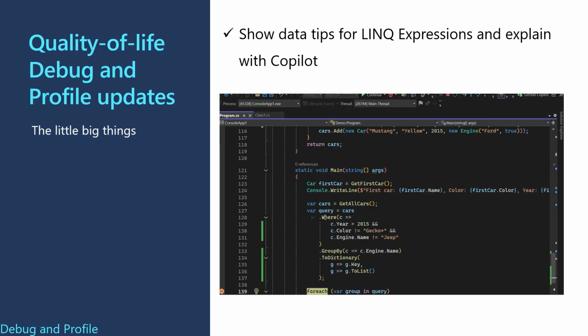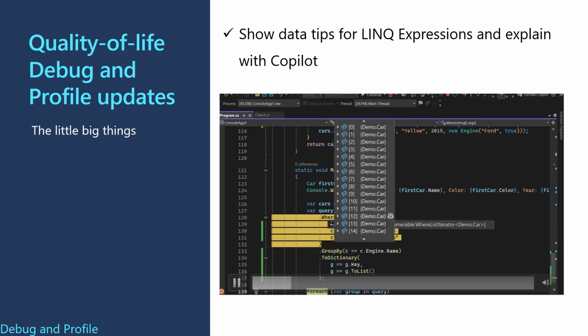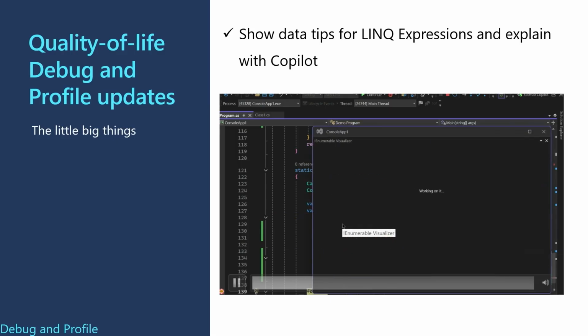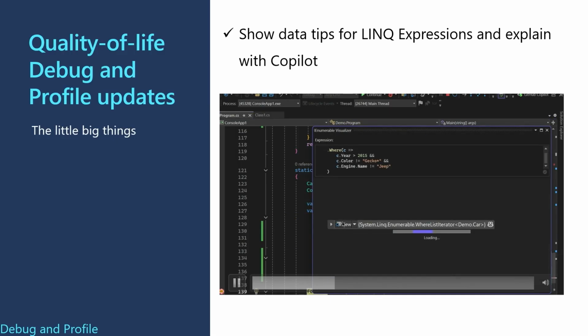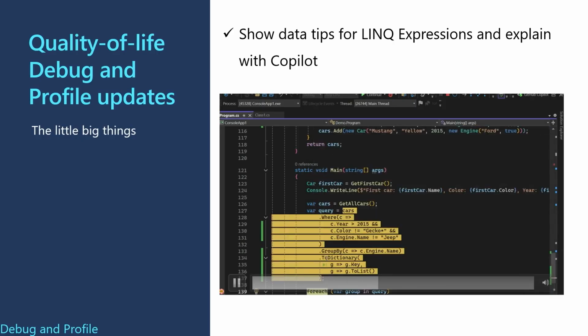So whenever you have a LINQ expression, at each and every clause of it, you can hover over it and you will get a very similar data tip as you get for a normal object or any other variable. And you can actually see the data at each and every step and validate if it's correct or not. If I play this video here, you will have this data tip at each and every clause. You can see the data in the data tip, or you can use the IEnumerable visualizer associated with that data tip to see the data more,